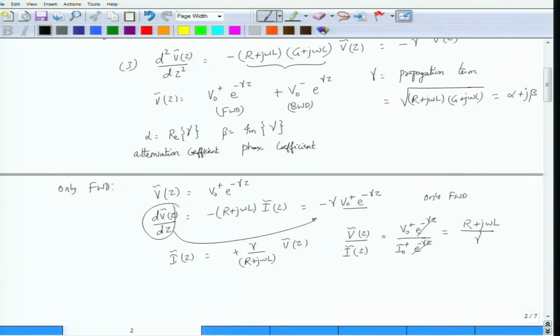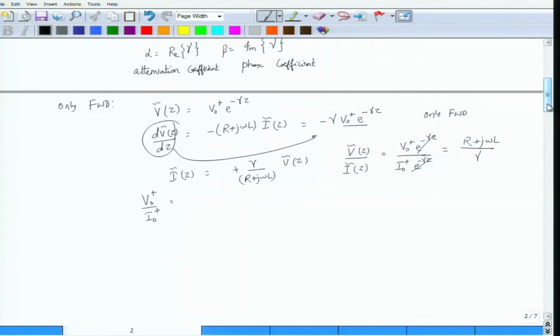But I already know what is gamma. Gamma is nothing but square root of (R plus j omega L) into (G plus j omega C). Therefore, the ratio of V0 plus to I0 plus, which is the ratio of forward going voltage amplitude to the forward going current amplitude, is given by this. It has to have units of impedance because this is voltage by current, and this impedance is a characteristic of the line because it depends on the parameters R, L, G and C,